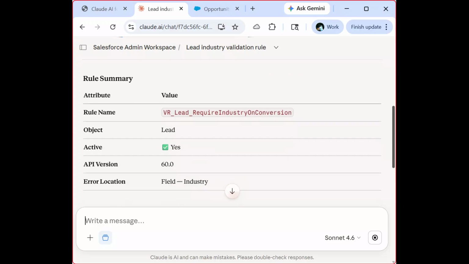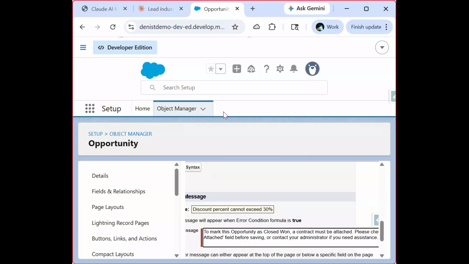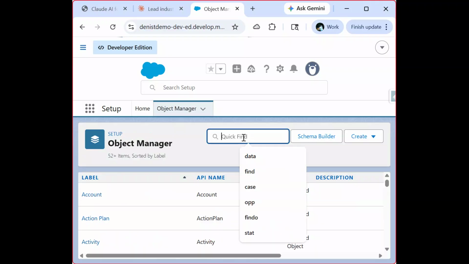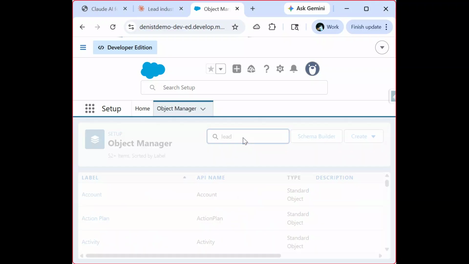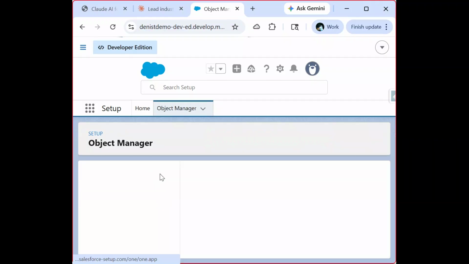Now, Claude has generated another validation rule, which is on the lead object. That's why it is following our naming convention, VR underscore lead and the purpose. And similarly, if we now want to create this particular validation rule on the lead, we'll go back to Object Manager, lead,